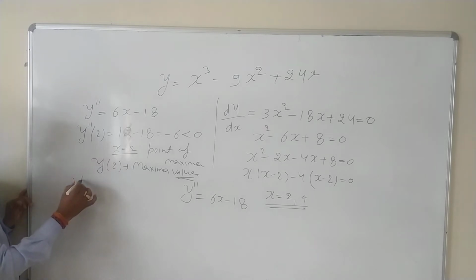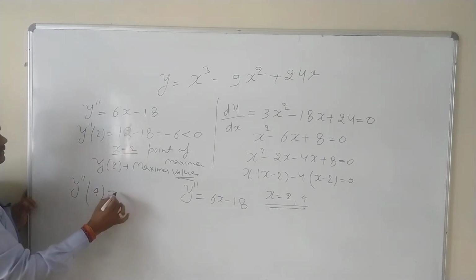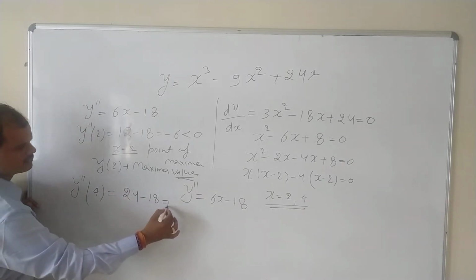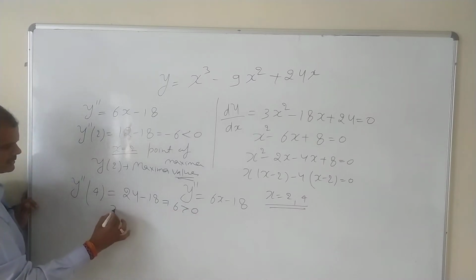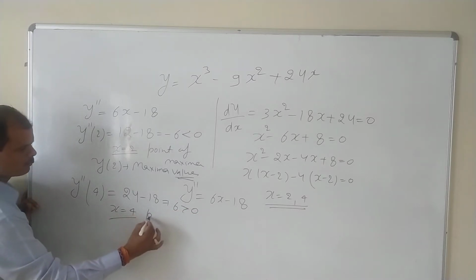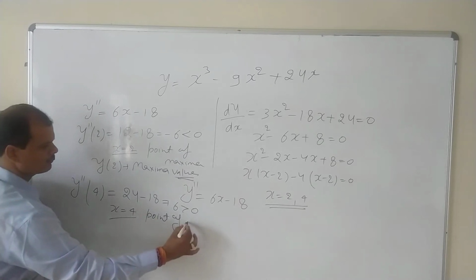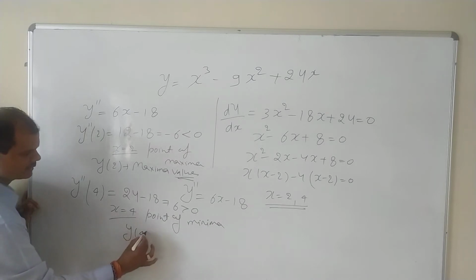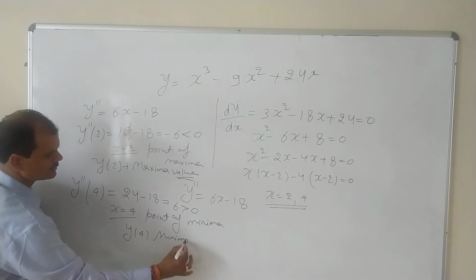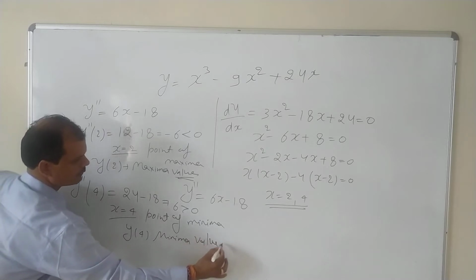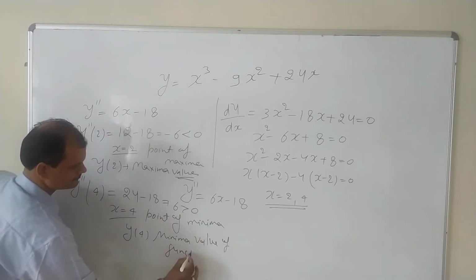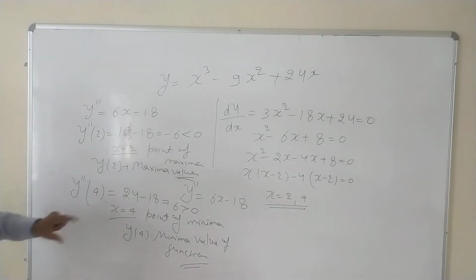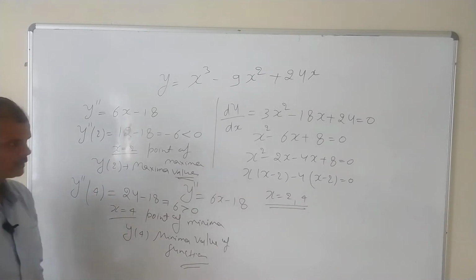And what is the y double dash at 4? It equals 24 minus 18. Fine. It is 6, positive. So what can we say? x equal to 4 is the point of minima, and y(4) will be the minima value of the function, fine. So x equal to 2 is the maxima and x equal to 4 is the minima of the function,